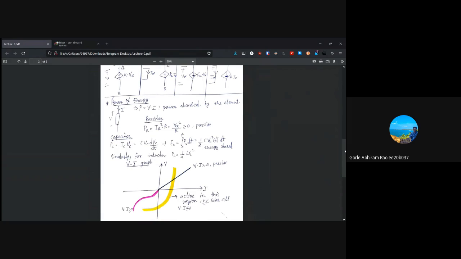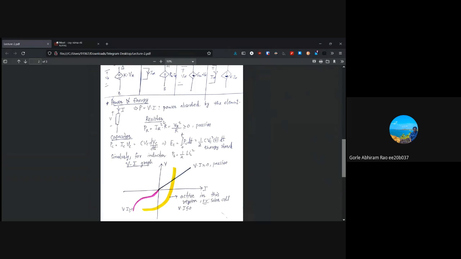And if you look at some very basic power and energy relations, using the passive sign convention, which we looked at in the previous class, the power is going to be Vi. But the power here, that is P, refers to the power that is absorbed or stored or dissipated by the element. It is the power for a passive element. That is something you need to keep in mind.